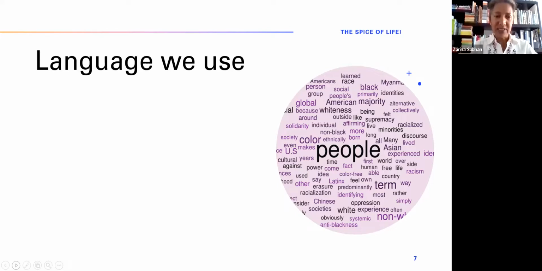And she was basically reflecting on the various names we have to call different groups of people. And I put that article into word cloud and got that image, which I think is rather nice, because people comes out first. And then you've got all the terms that we might use: non-white, white, color, American, majority, black,